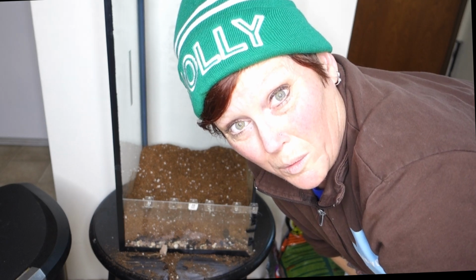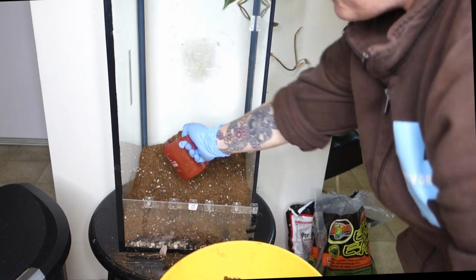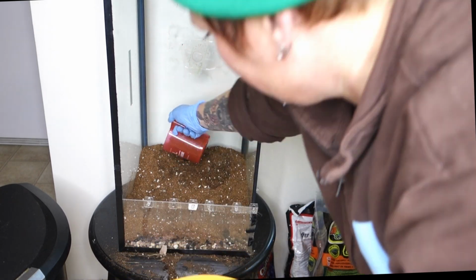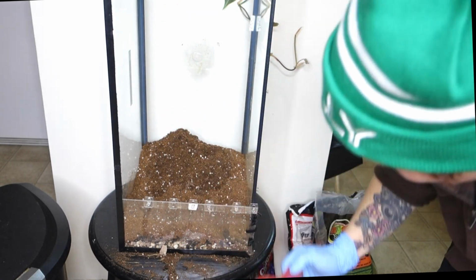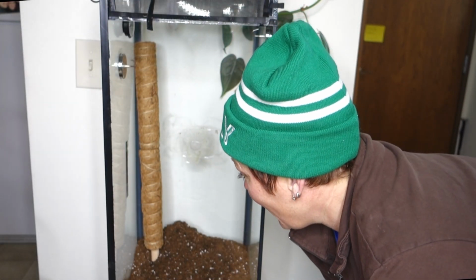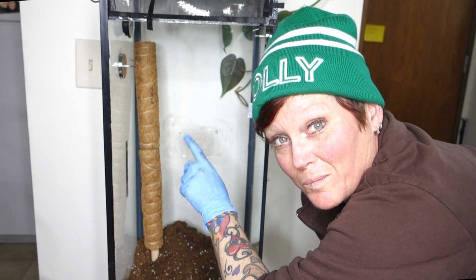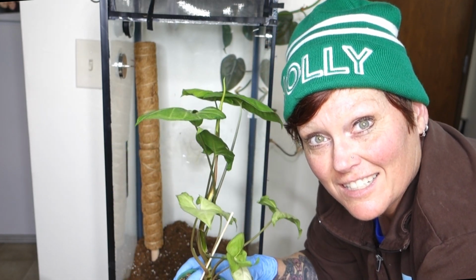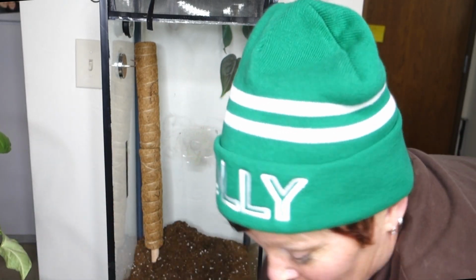I'm going to mix up a little more, but I'm going to put plants in and then fill around them. I lied, I just want to build it up a little more in the back. Okay, plants. Let's get at this and start planting it up. I decided I'm going to add this cocoa pole in here, and I think I'll put my little syngonium here and see if it climbs in there, maybe. We'll see. Let's start with